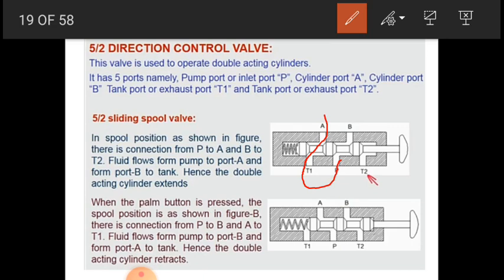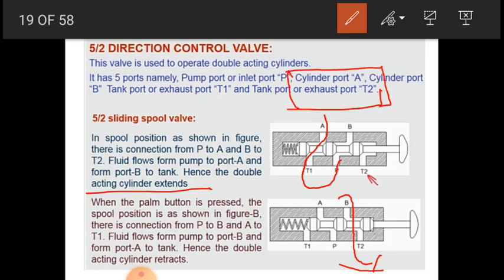From port B to tank T, the fluid can flow when we push the button, but for that we have to operate the button. Hence the double acting cylinder extends, which is connected with the actuators.